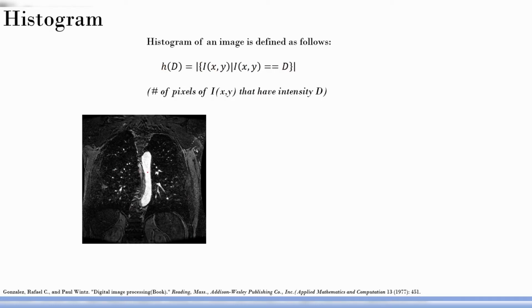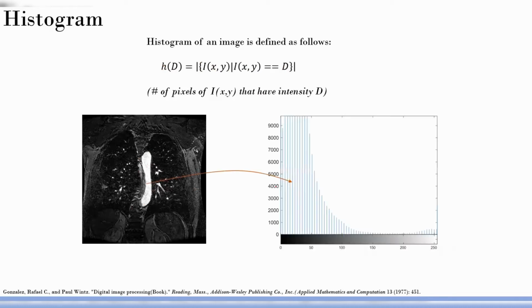This is an MRI image, and you can see a bone here which is very white. Typical appearance of a bone in a medical image is very bright. And if I plot the histogram of this, this is what it looks like. There are certain observations that we can make from this histogram, and you can relate that to the image itself. We'll come to that. So first of all, it is again an unsigned 8-bit, so it is going from 0 to 255, and the y-axis is the total number of occurrences of each of these intensities.